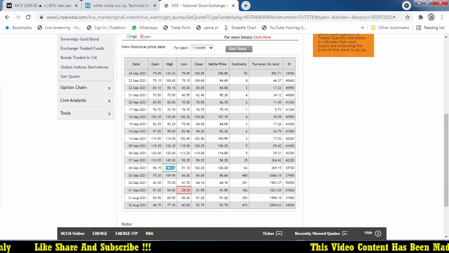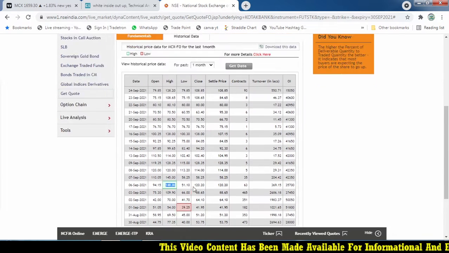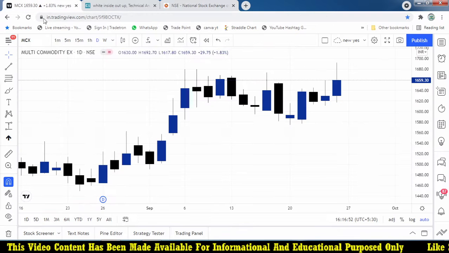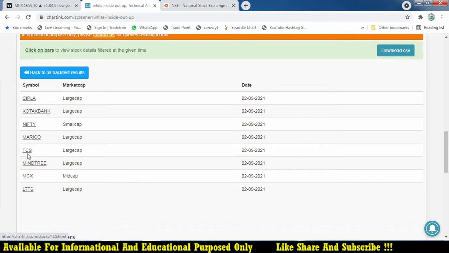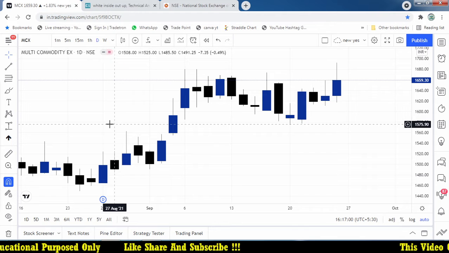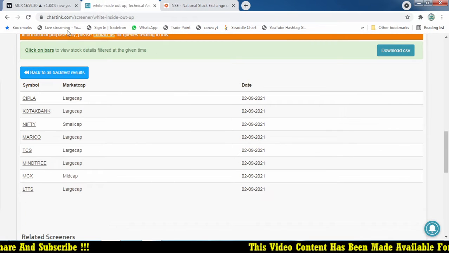It moves up 50% more, to 148. And now it is trading at 108. You bought at 88, now it is trading with 20 rupees profit. Okay, among those we checked almost 1, 2, 3, 4, 5, 6, 7. Cipla we avoided because of the big stop losses. Okay, and then finally LTTS.